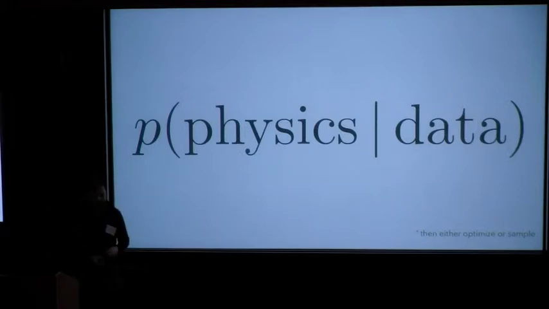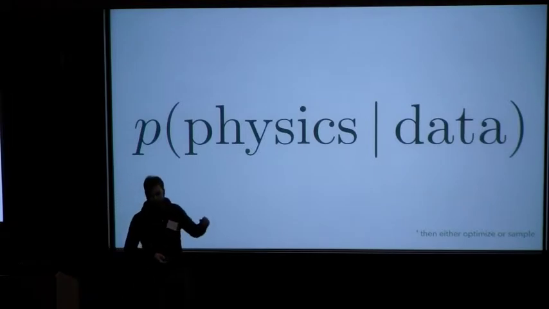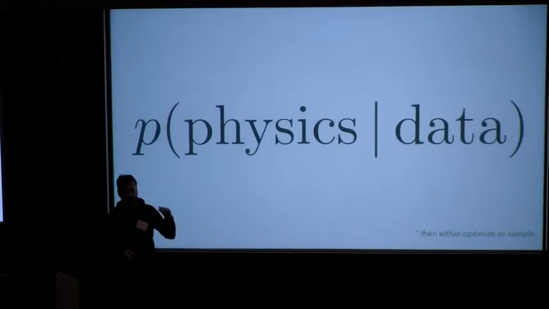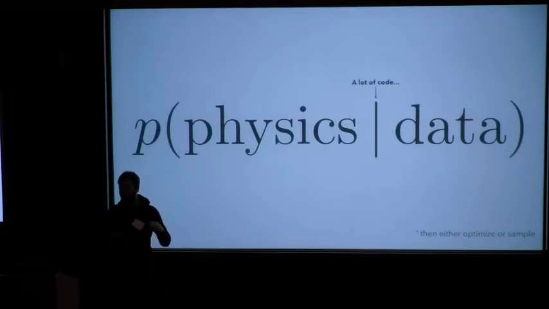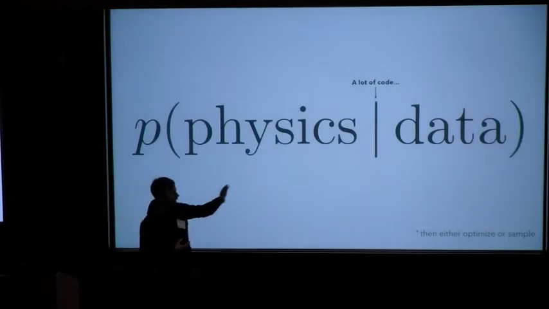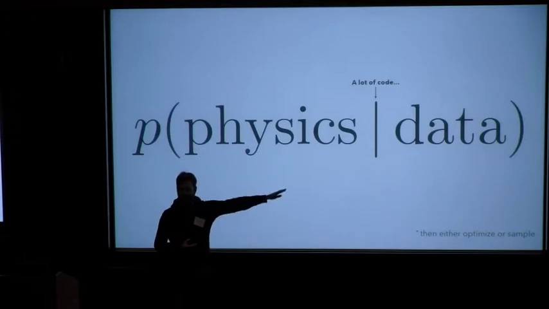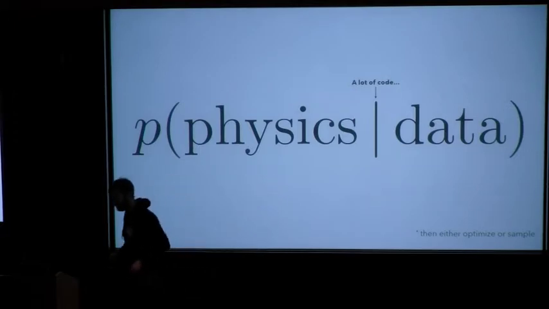Or you might want to sample. And a key point about this right here that I think is especially true in microlensing from what I've been hearing this week is that there's a lot that goes into that bar right there. There's a lot of complicated physics and expensive numerical algorithms and all sorts of things that go in there. And we'll come back to that a little later.